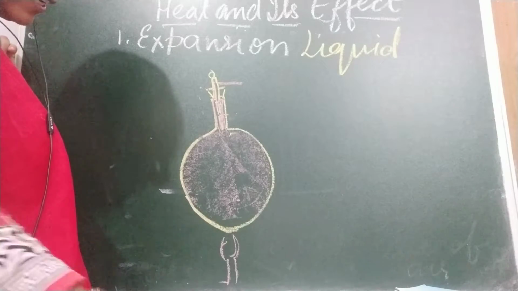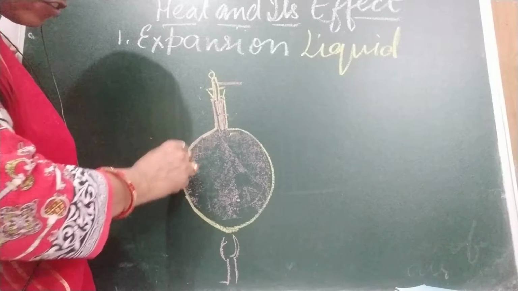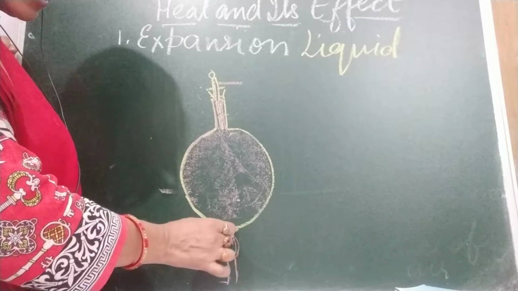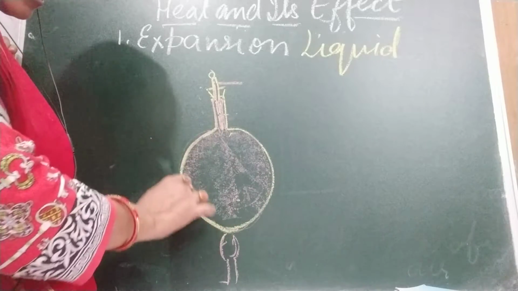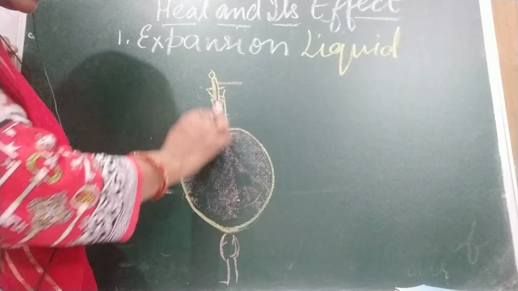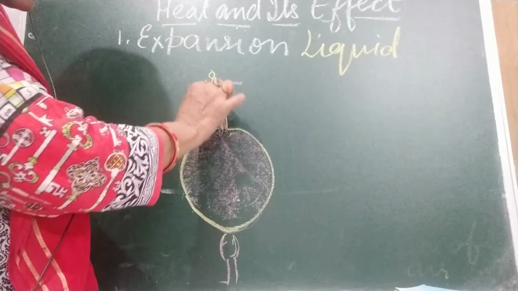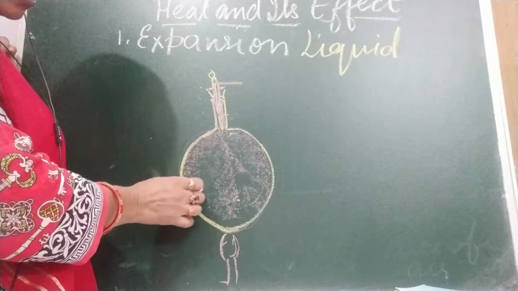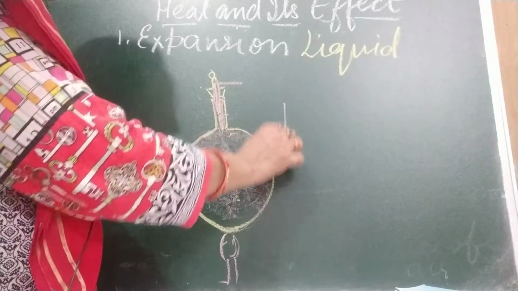It goes down initially as the flask gets heated. This flask first gets heated and expands. This is solid glass and it expands. That is why the level comes down. Its size increases. That is why it is coming down. But when the liquid starts boiling, as I told you,